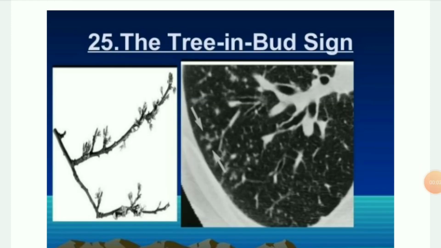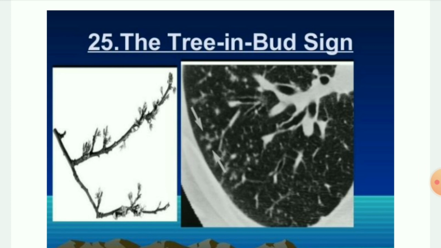Next and the last sign is the tree in bud sign. The tree in bud sign is a finding seen on thin section CT images of the lung, peripheral within approximately 3 to 5 mm of the pleural surface: small 2 to 4 mm in diameter, centrilobular and well-defined nodules of soft tissue attenuation are connected to linear branching opacities that have more than one contiguous branching site, thus resembling a